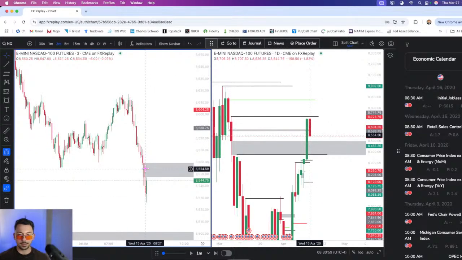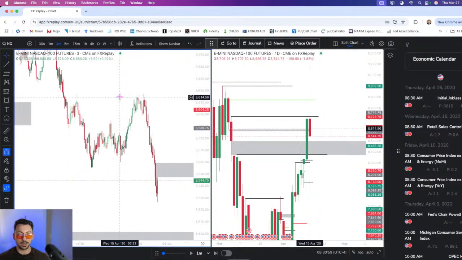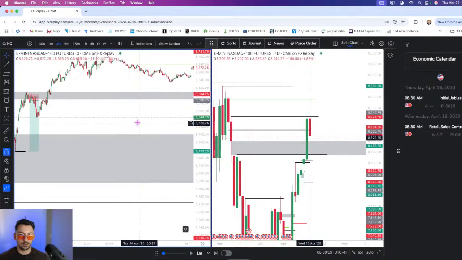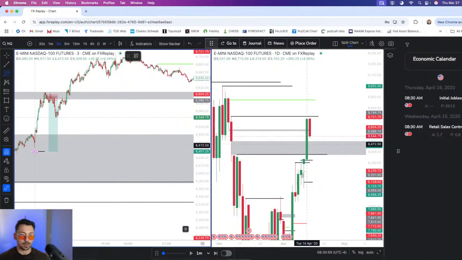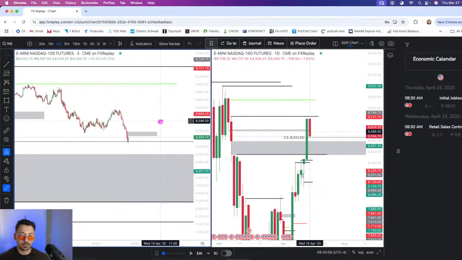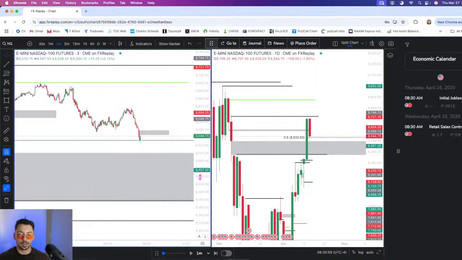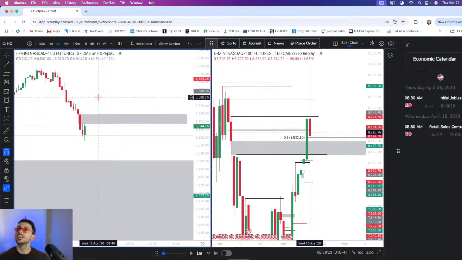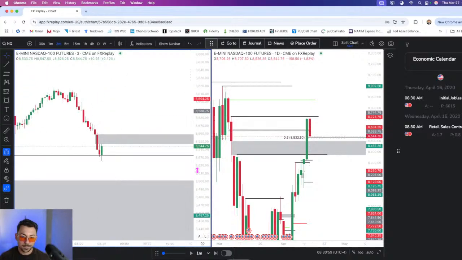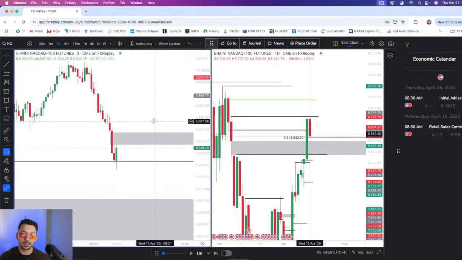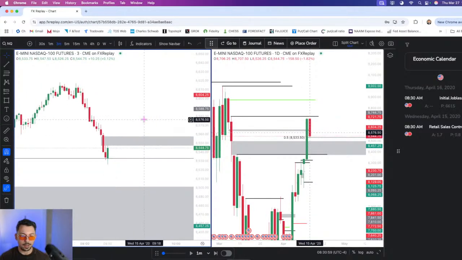So what do we think about this inverse, guys? We did tap into the 50%, like Kay just mentioned. And where did that come from? It was the 50% of this leg of price, right? So we swept liquidity to the downside and tapped into the 50%. Kay says he would take that. Evan, what do you think? I take. All right, let's try it. I think it's a good trade.